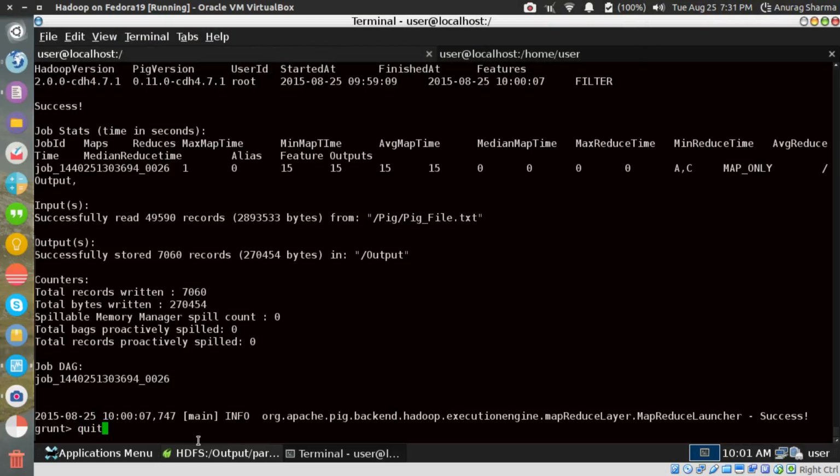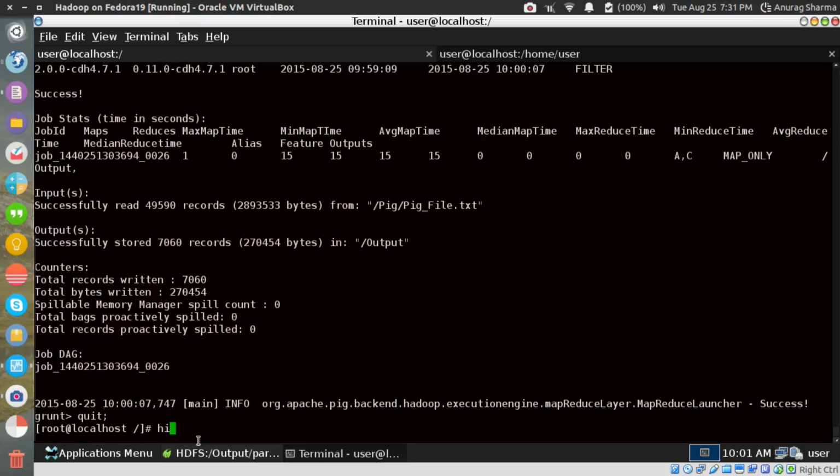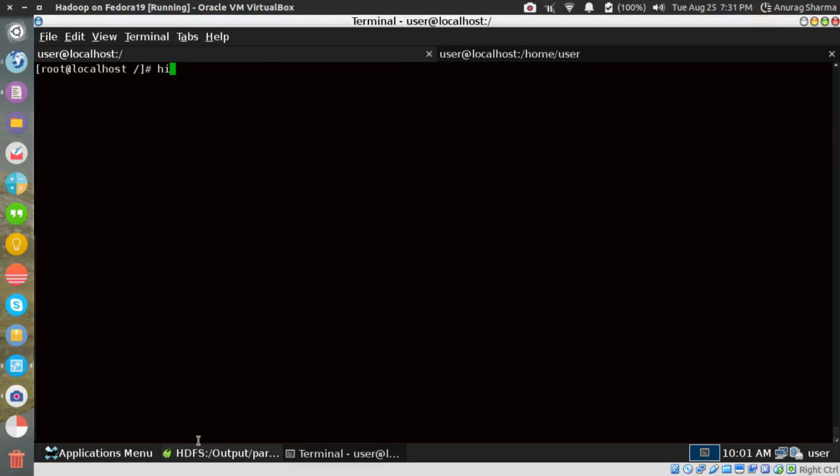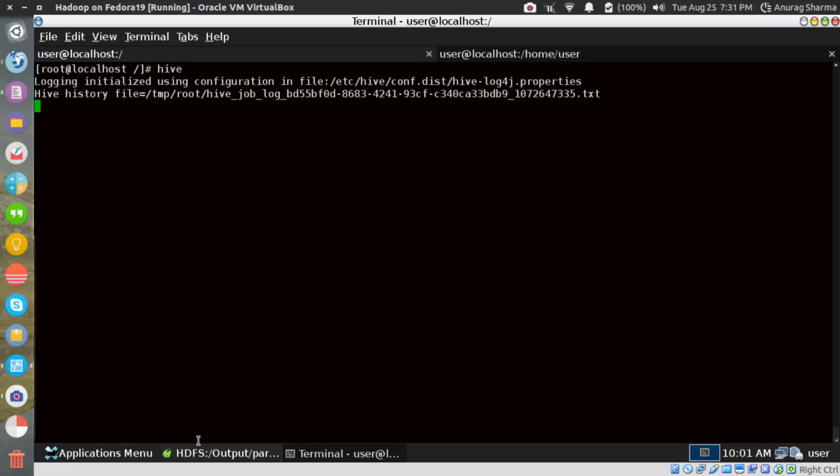So let me quit it. Okay, let me jump into Hive. Let me clear the screen. Let me jump into Hive. Okay, so I want to see what happens if I run min, because there is null in this particular data. I mean the same previous data that we were talking about. What would happen if I run a min? Would it throw an error, or how is it?